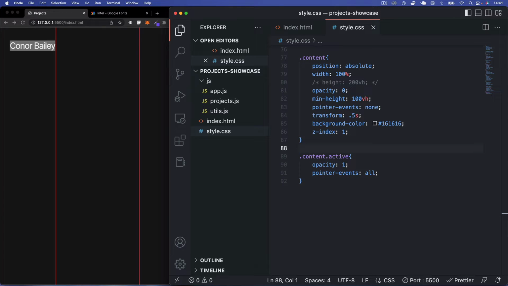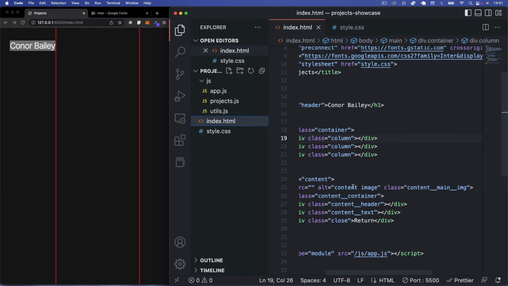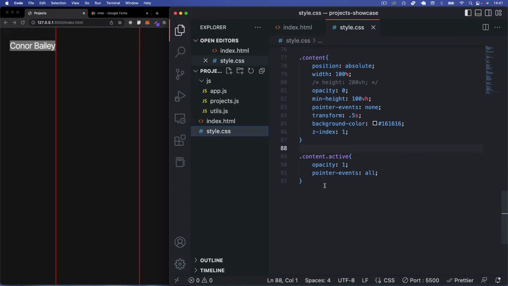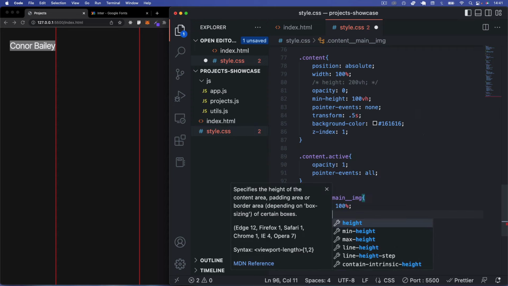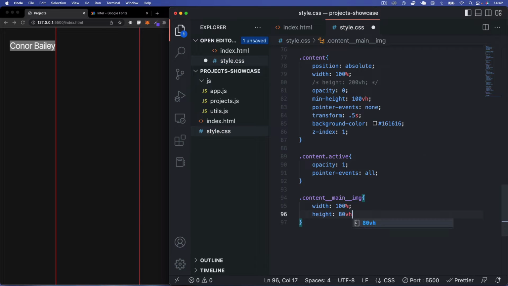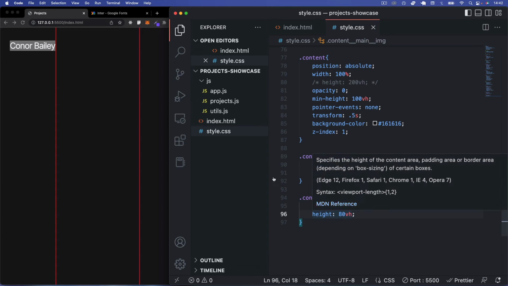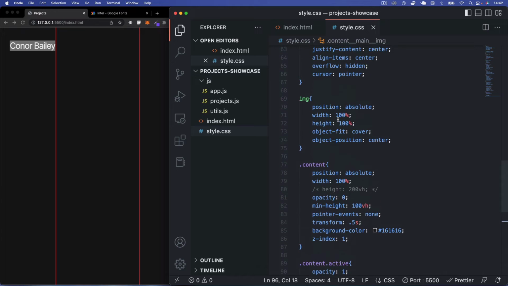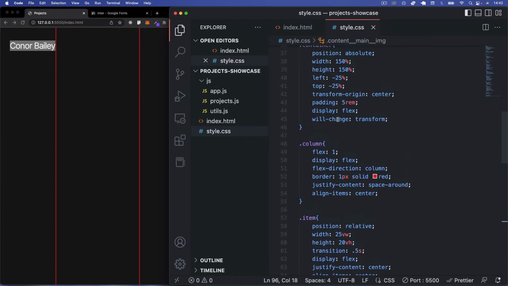So now we just need to say content main image. Remember, this is the main image that we created here in our content. So if I just copy this class over, and then we can come underneath here, we'll say content main image, and this is going to have a width of 100%, a height of 80 viewport heights. And what we're doing here, we're making this the same scaling as this would be. So if we come up here to our items,